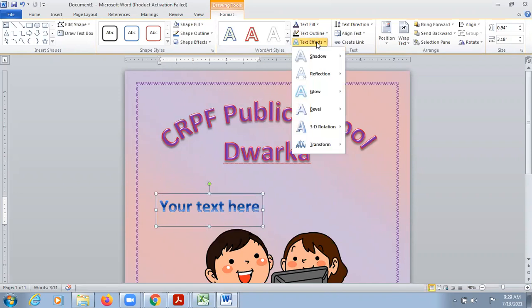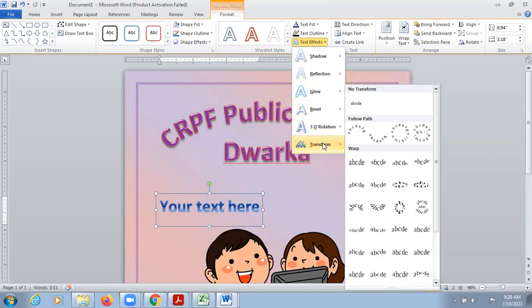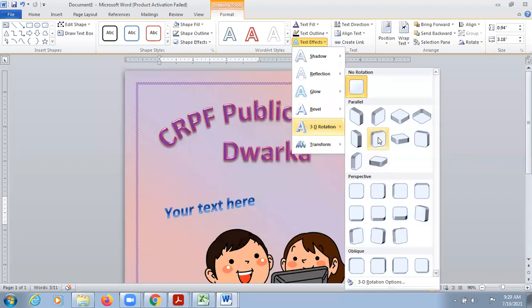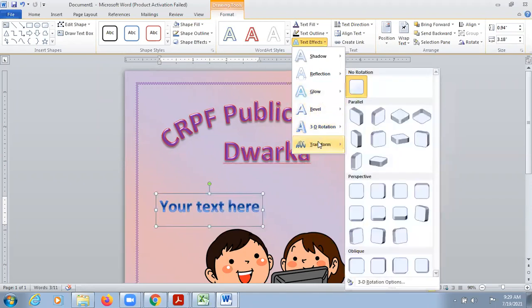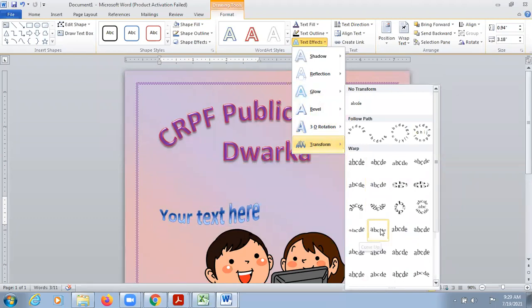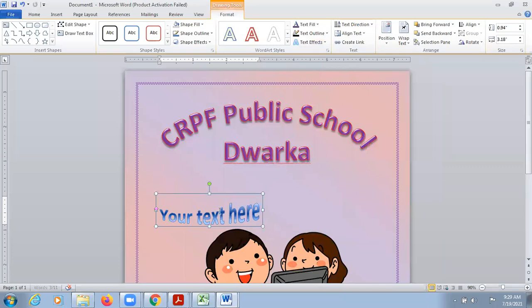So directly go to text effect, choose transformation or maybe 3D rotation and choose in whatever way you wanted to display your text, right? And even you can choose transformation and in whatever way you wanted to display your text.